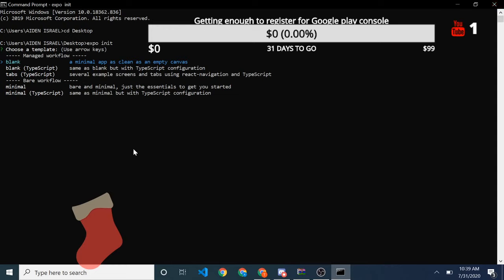So what we do, a template is, you can use the arrow keys to move. So blank TypeScript, same as blank but with TypeScript configuration, tabs, several examples, screens and tabs using React navigation and TypeScript. And then there's bare workflow, which is the minimal, just the essentials to get you started, or the minimal, same as minimal but with TypeScript configuration. We are going to go with the blank, so it has a minimal app as clean as an empty canvas, and we press that,